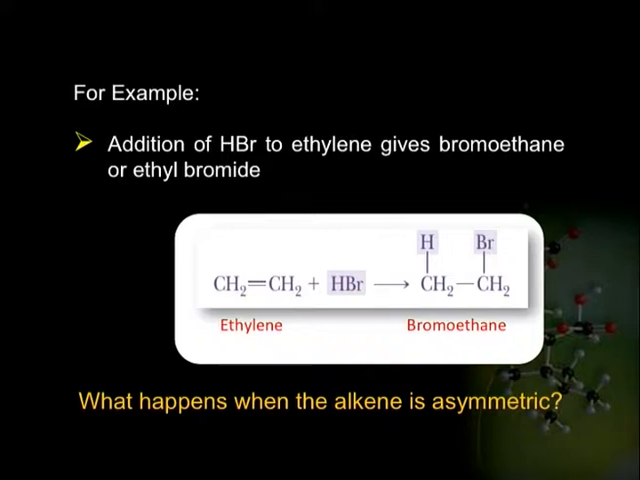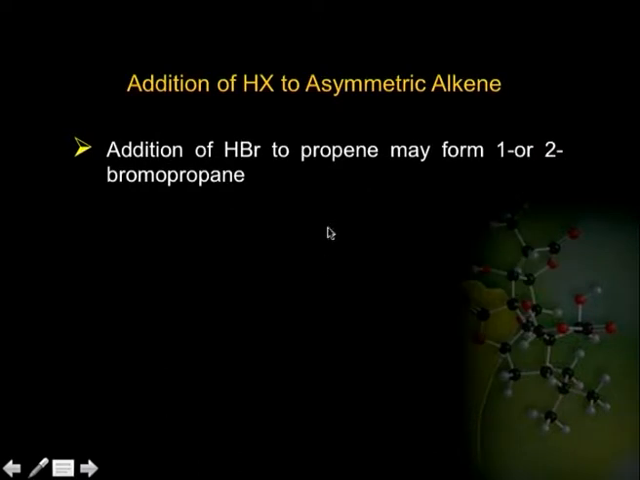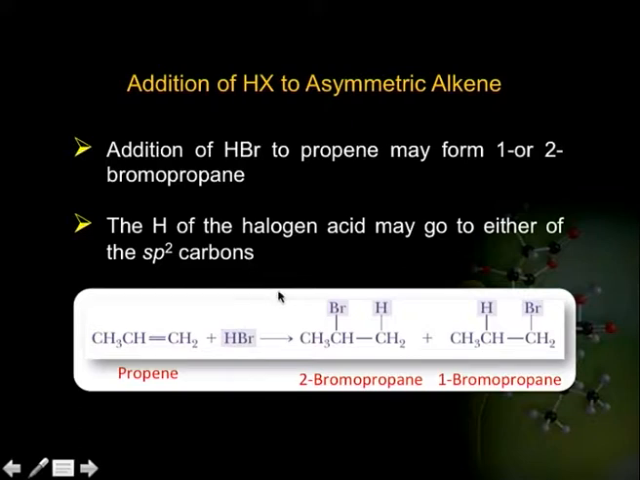So, whether H gets added to this carbon or this carbon of the molecule from HBr does not make any difference. When the alkene is asymmetric, for example, addition of HBr to propene may form 1 or 2 bromopropane. The hydrogen of the halogen acid may go to either of the sp2 carbons. These are the two sp2 carbons present in this alkene, and this is the hydrogen bromide. So, one possibility is that